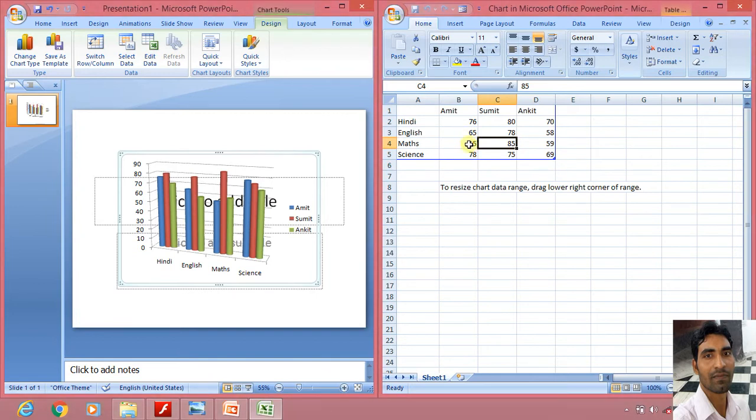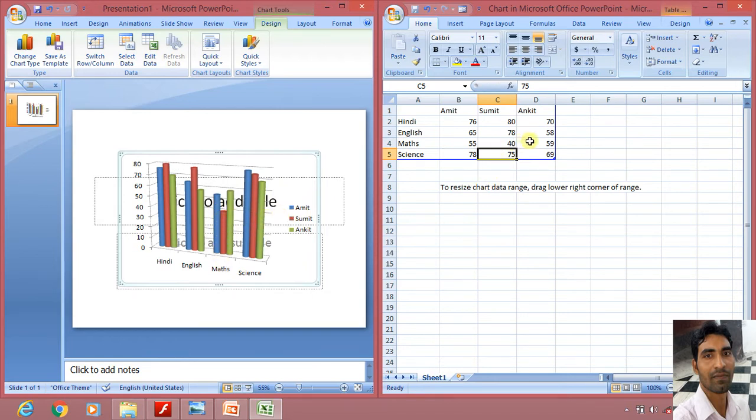Suppose this is 55 and we want to change it, or this is 85 and we want to change it to 40. Here I am changing Sumit's mark in maths. In maths, Sumit's mark, that is the red color, will decrease. Press the Enter key. See here, Sumit's maths mark has decreased.